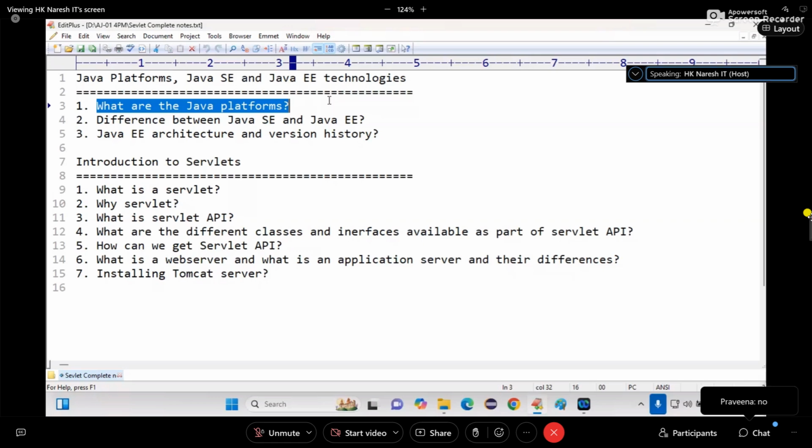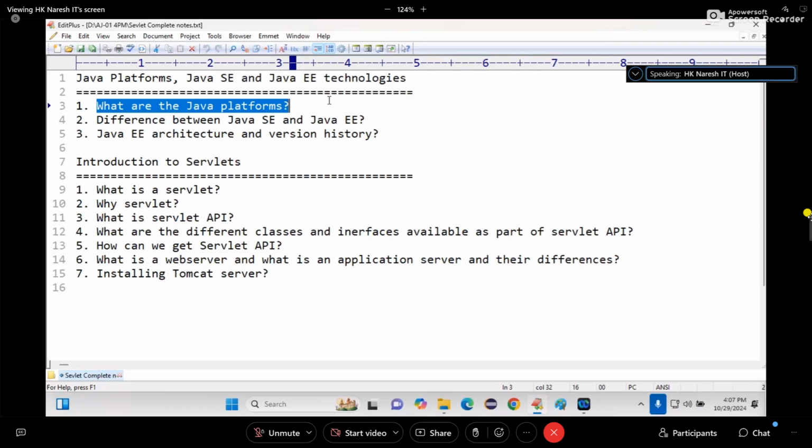If you want to call something a technology, it is an API first of all. For you to call an API a technology, it should allow us to connect to some other software or some other project. For example, take web services. Web services is a technology that allows us to connect our project to other projects developed either in Java or some other language, .NET or Python, PHP, any other language. So what is a technology? A predefined library or API.